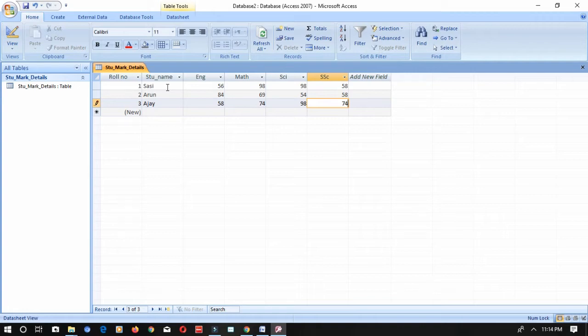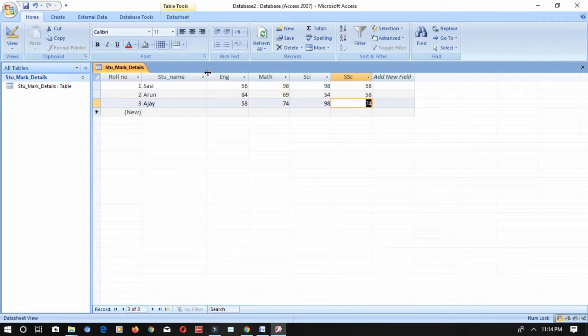So what do we mean by modifying? Changing the width of the column, renaming a column, moving a field, inserting a field, and deleting a field. All this we will see one by one. Changing the width of the column. So how will you do it in Excel? Same way. Go to the column header and click on this right side. You will see this plus autofill handle. Just click it, click the left mouse button and then drag it. So this way you can change the width of a column.